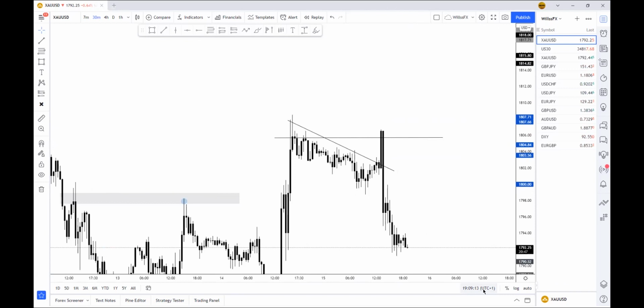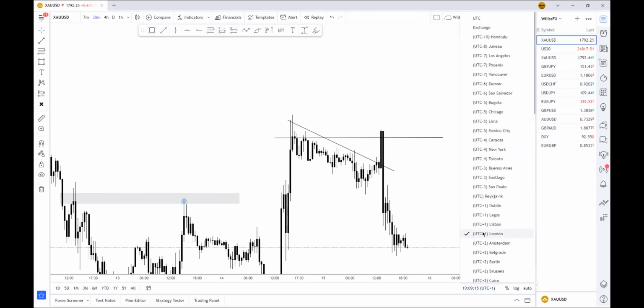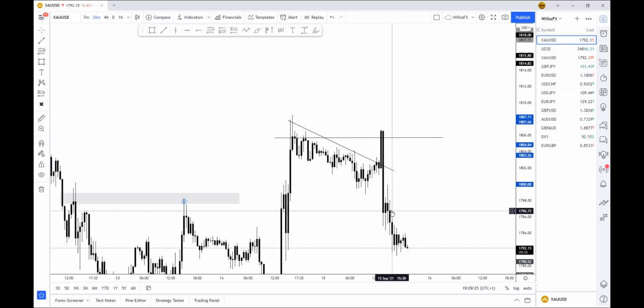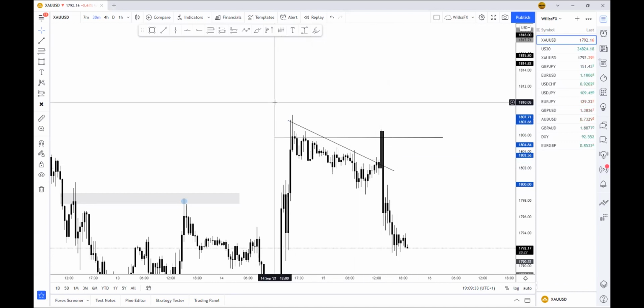Also, make sure your chart is on UTC+1, the London one. So then you can mark the New York and London, which I talk about, because I think it's set to something else automatically. So you can look out for like 1400, 1330 and areas like that where you can see this movement on gold. But the reason I had this trend line drawn out is it acts as liquidity, because